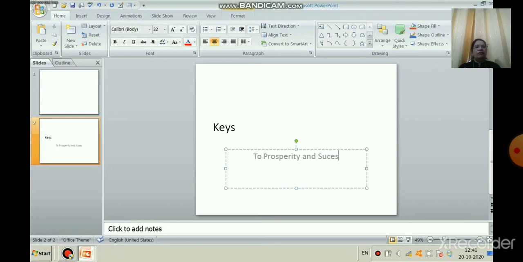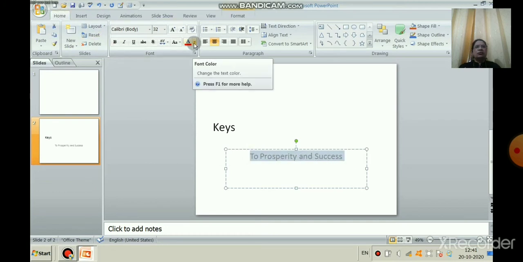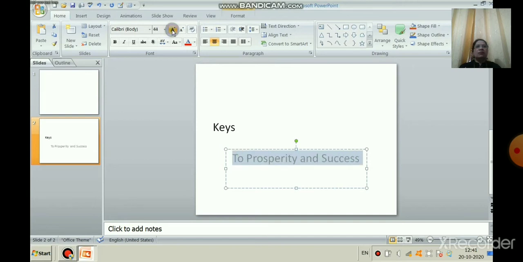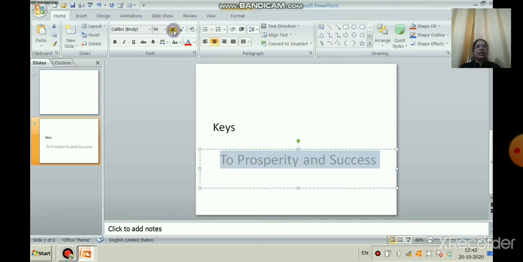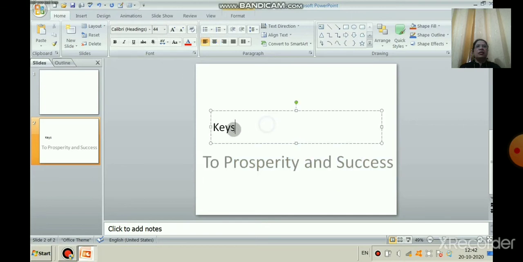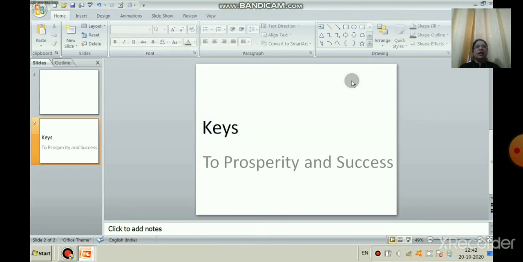and apply formatting, that is, you can change the font size, font color, background color. That is known as formatting. So increase the font size first. You can increase the size of the text box, and you can increase the size of the text by using that A, increase font. The one more A is decrease font size. Or you can use the font group, the font size, font style and font case.